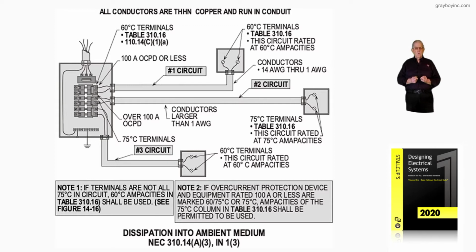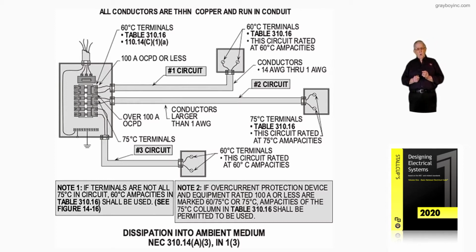And notice figure 14-16 illustrates this in detail. Now, note 2: if the overcurrent protection device and equipment is rated 100 amps or less, and the equipment is marked 60/75 or 75 degrees C, ampacities in the 75 degree column, in accordance with Table 310.16, shall be permitted to be used. So we can very well see by